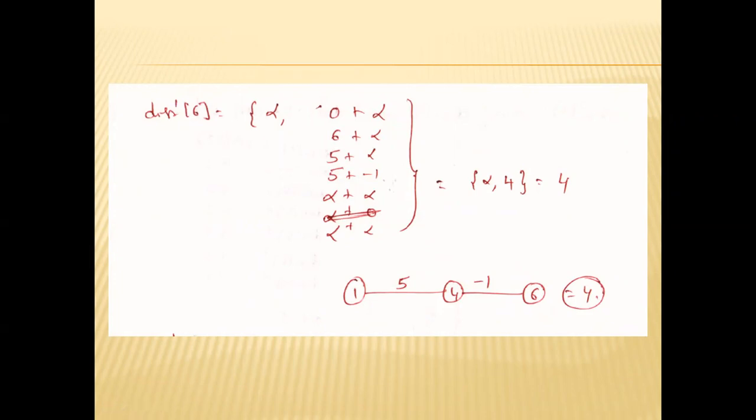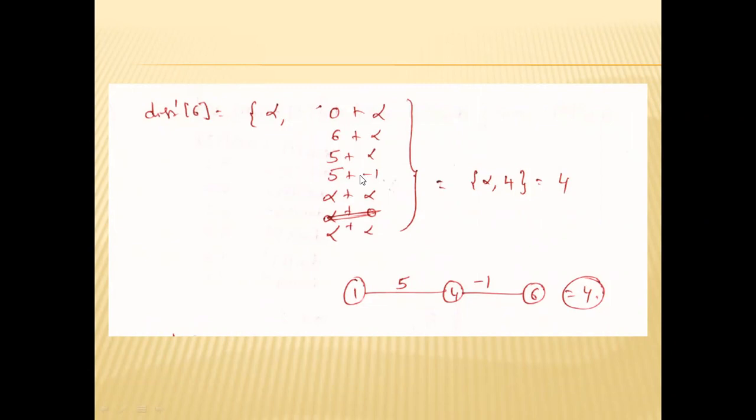We are finding the shortest path. That is 1 to 5, that is 1 to 6. 1 to 6 means 0 plus infinity. It is distance 1 comma cost of 1 comma 6. Distance square 2 means distance power 1 comma 2 plus infinity, and infinity means 2 comma 6. There is no path from 2 comma 6 in our given graph. 3 comma 6, there is no path from 3 comma 6.